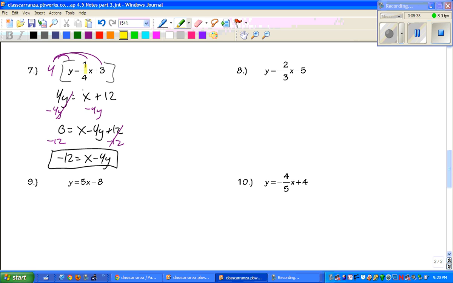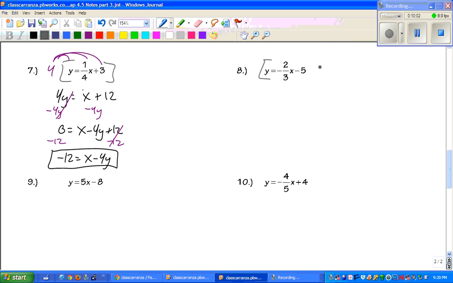Okay, so for this one, we had a denominator of 4. So I multiplied everything by 4, and you got 4y equals x plus 12. Since x is positive, I moved the y to both sides, and then I subtracted the 12 to get negative 12 equals x minus 4y. All right,